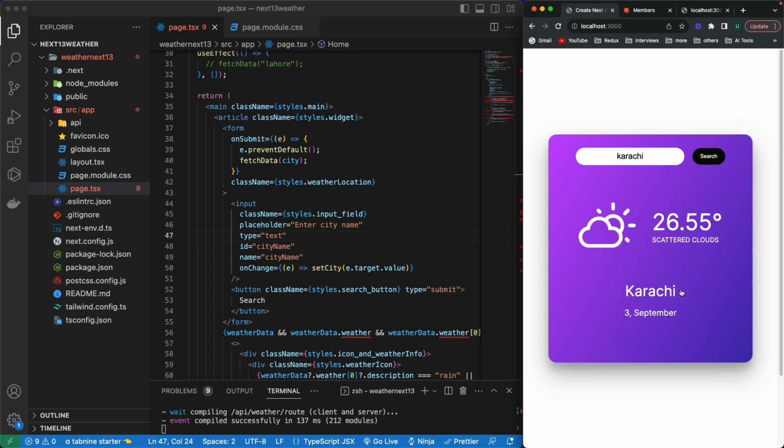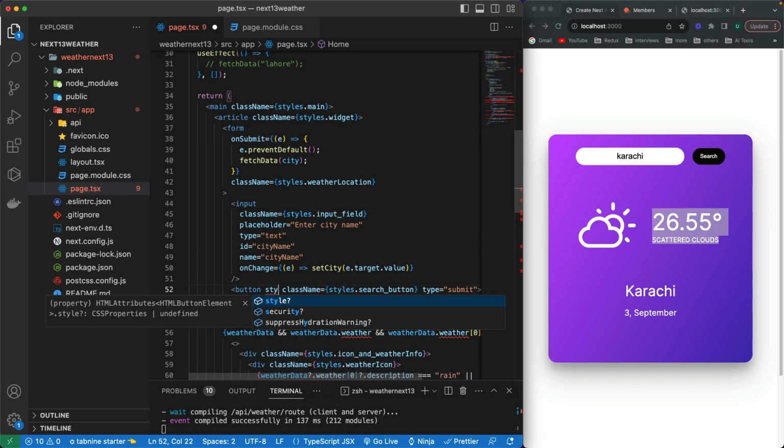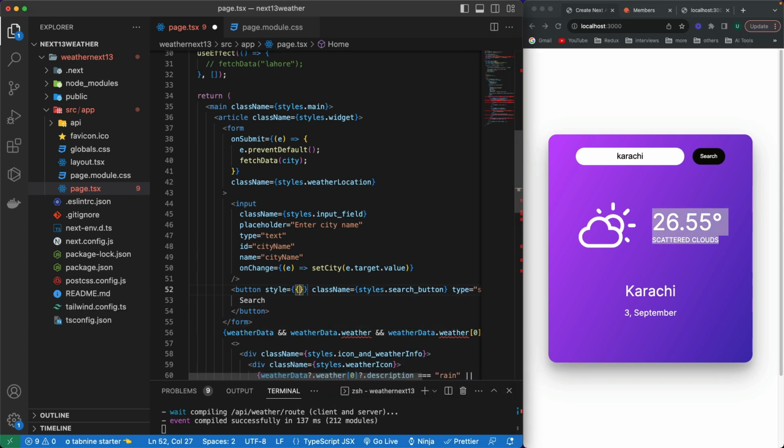Okay, so this has been added and its temperature has been fetched. So this functionality is working fine. We can have the hover effect on this button as well if we want. Let's try to directly add this over here, so we can have this one, since we already have this